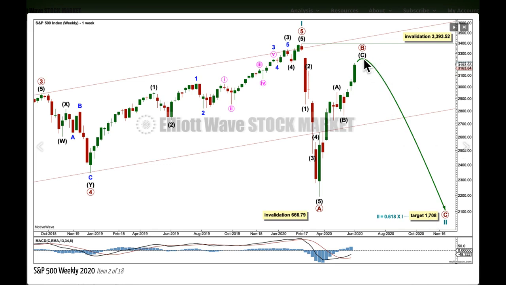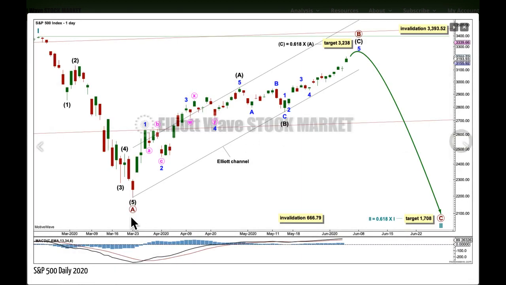Let's take a look now at the daily chart level, where the low for primary A is this point down here. Now we're looking in more detail at this possible zigzag for cycle 2, 5, 3, 5. Primary B may be subdividing as the simplest Elliott wave structure, a zigzag A, B, C, the simplest corrective structure, subdividing 5, 3, 5. The target is for intermediate C to reach 0.618 the length of intermediate A.